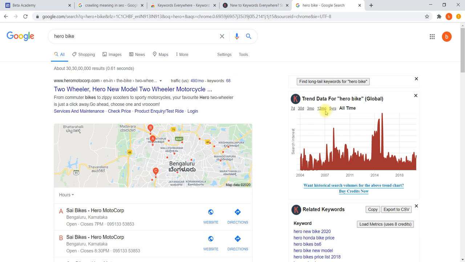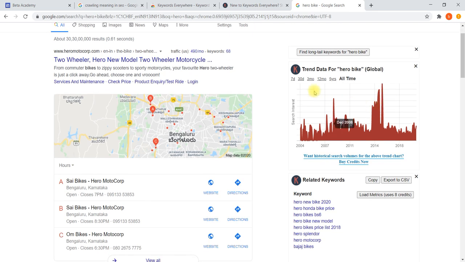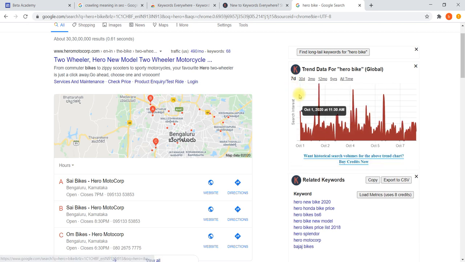You can see trend data for hero bike globally, yearly. You can see how the trend is, whether search interest is increasing or decreasing, and you can check the last 7 days trend like this.